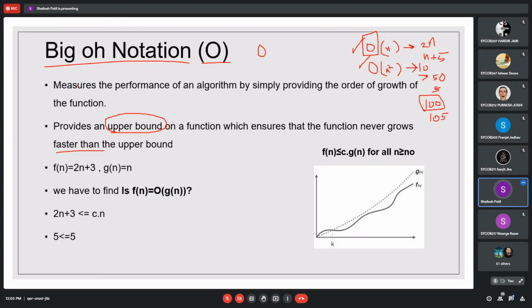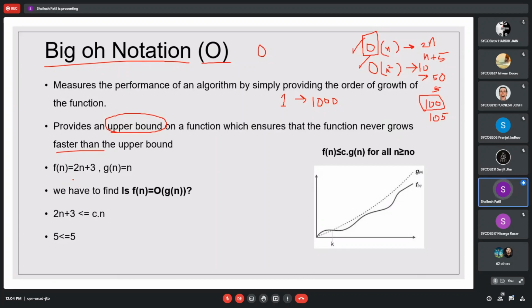For any type of values we can input, the input may be n equal to 1, and it will still perform within the same upper bound, and if n is 1000, it will still be within the upper bound. It will not go above that bound, so that will remain as it is.